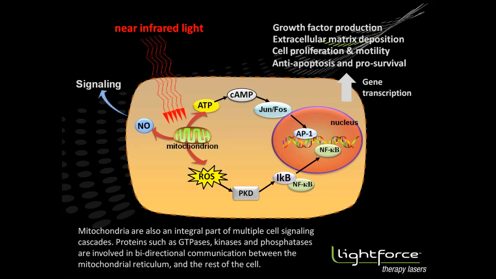So first of all, I'll tell you, this is the last bit of cell biology I'm going to throw at you today. But just to get a fundamental understanding of the technology, the light comes into the cell, as you can kind of see there at the upper left. And the major absorber of the light in the cell is going to be in the mitochondria. It's the molecule known as cytochrome C oxidase. There are other absorbers in the tissue, absolutely. Things like melanin and hemoglobin absorb. All of the light that's absorbed by those molecules is just radiated away as heat. But the key to the biochemical activity of the light is in this mitochondrial pathway.